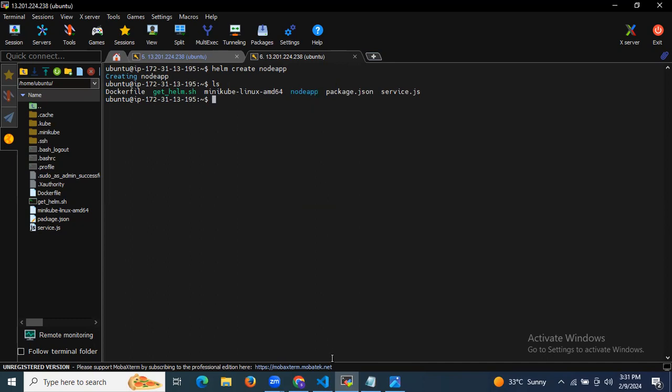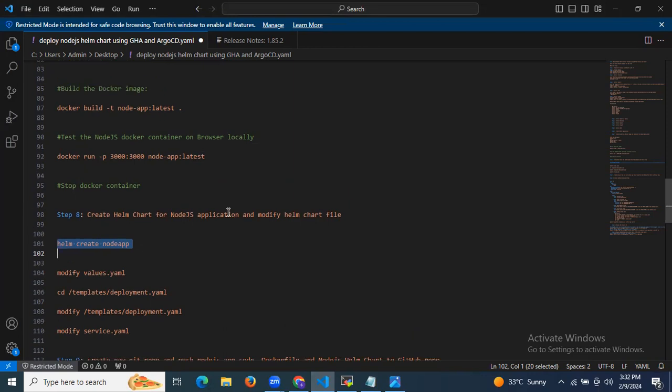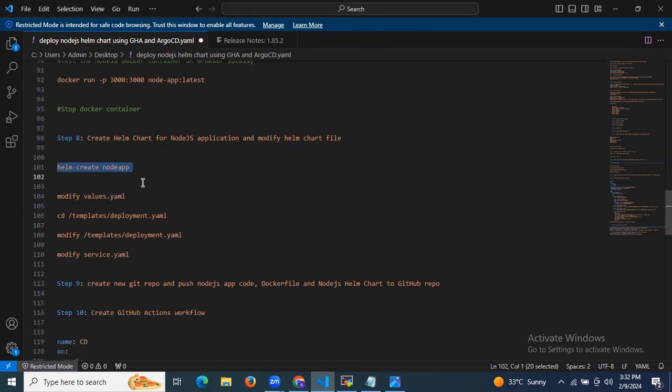Okay. Now, after creating our Helm chart, we need to modify some files in this Helm chart. First of all, we need to modify the values.yaml file. Then we need to modify the deployment.yaml file. Then we need to modify the service.yaml file. Right. So let's modify them one by one. First of all, let's modify